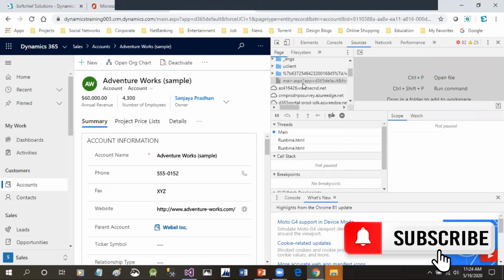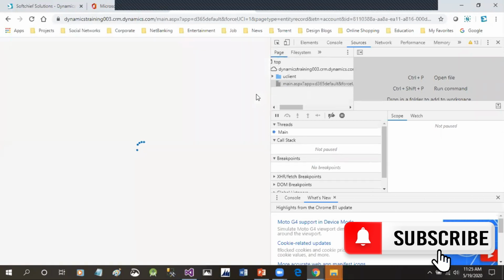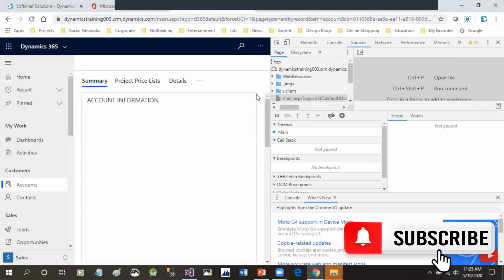JavaScript is a client-side concept, so the script manipulations or interactions are managed by the browser itself. Once you click F12, try refreshing this form, because I have associated the event on form load. So again, I have to trigger that event so that the script will be called. So I will just refresh this window. With F12 clicked, the debugger should be displayed on the right side. Otherwise, it will not be captured.